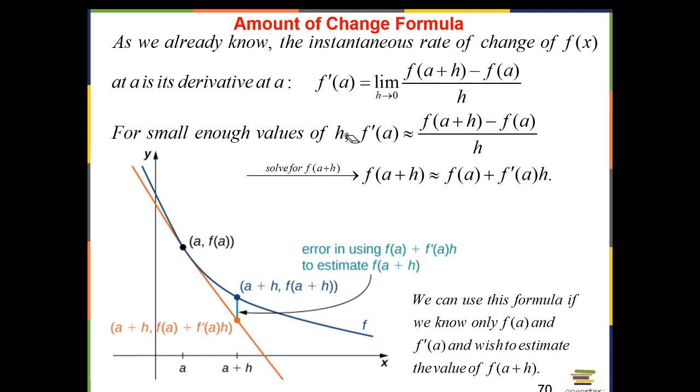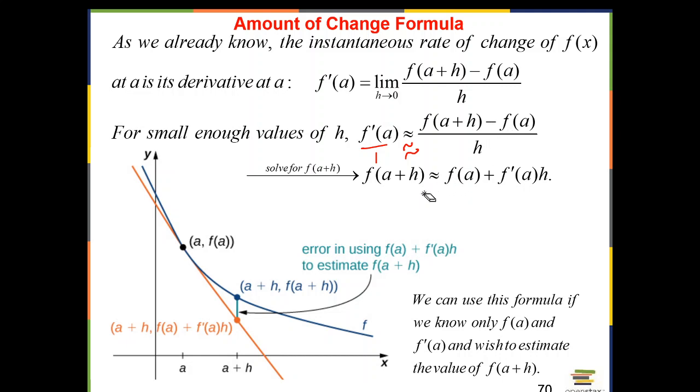We just say h is close to 0. Let's say within 0.1, 0.2, right? Really close to 0. So if that's the case, then we can say that the left side is approximately equal to the right side. And if that's the case, then we can cross multiply, right? And isolate f of a plus h. So it would be h times f prime at a plus